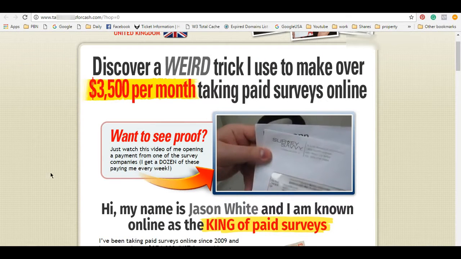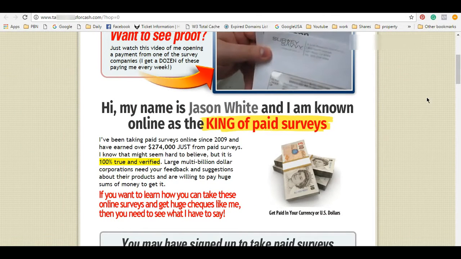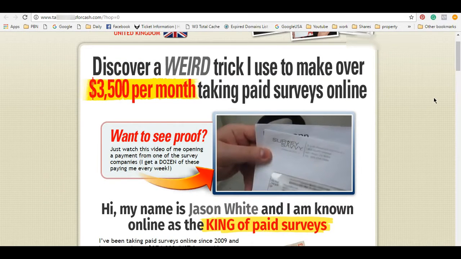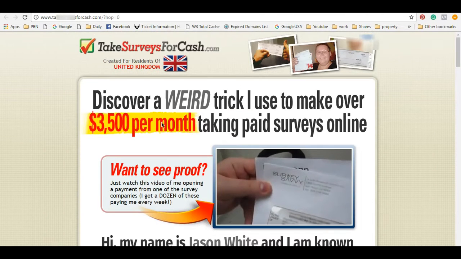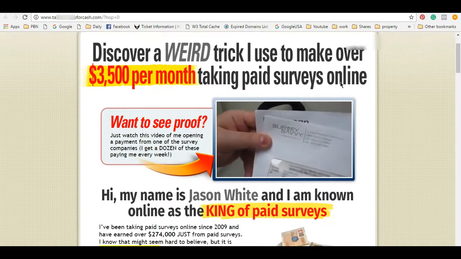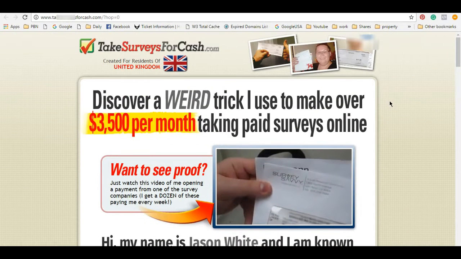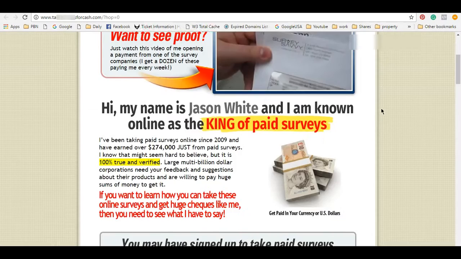And that way you can go through all this and find out if it's something that you believe in. Bearing in mind as well, we haven't got to this yet, but when we get to this part of the course, you're going to be either outsourcing or writing articles about this product and about this niche. So you want to make sure it's something that you feel good about and want to sell, or that even if you don't, you don't mind putting the work in, and you're going to be able to give it a good enough recommendation so that when people go from your website to this, it flows seamlessly, and that way you should make the money.